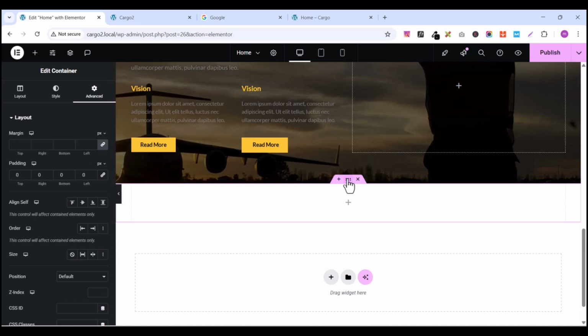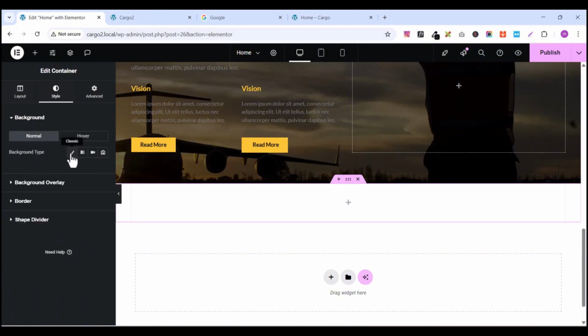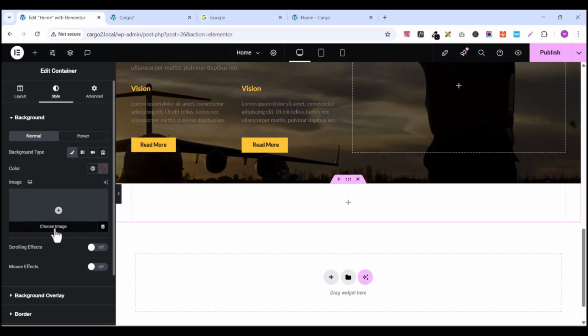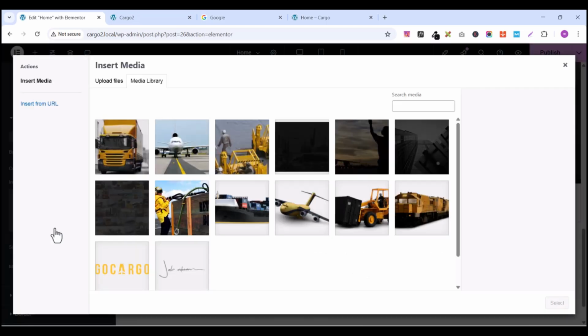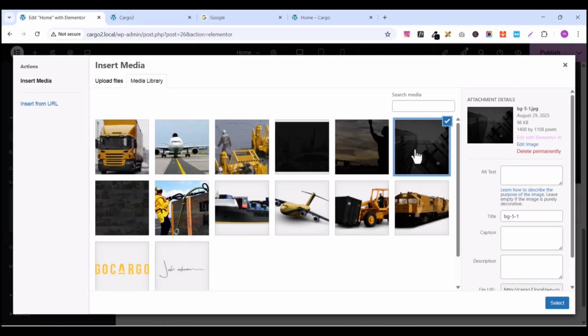So after unticking this padding, let's give it some background image by selecting this section. Go to style and go to classic, then on image, choose image,